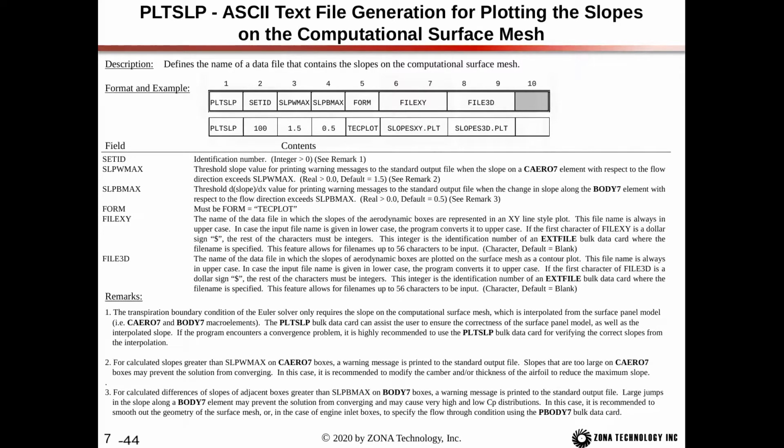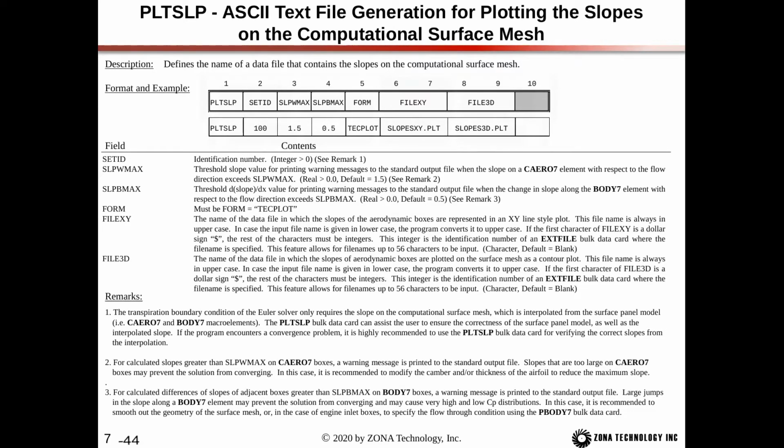So remember, we keep talking about the transpiration boundary condition of ZEUS, which depends on the slopes of the surface panel model. So this is where you can visualize what those slopes are that ZEUS is actually using in its computation. So we have an ID number, and then SLP WMax allows you to alter the threshold value for warning